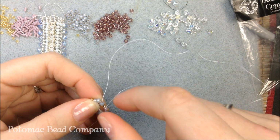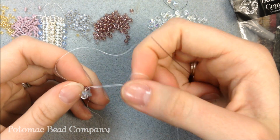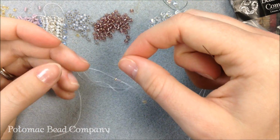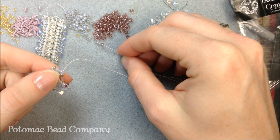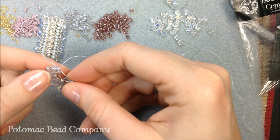Oop, I got my thread twisted around my seed bead here. Okay, and we're going to pull. And then once I'm coming out here, I'm going to continue with my pattern. So on go my purple and then my silver. I'm going to come out the side